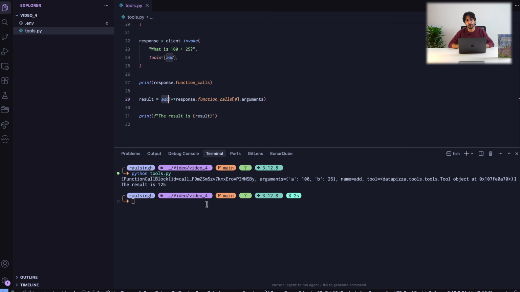This is becoming a bit of an issue. Now, if we need to use multiple tools in a row, for example, the model needs to solve a complex problem sequentially, this is not going to scale well, because every time we need to check which function the model used, execute that function, and then go to the next step, so re-invoke the model. This is a common problem with a very clear solution, which are agents.